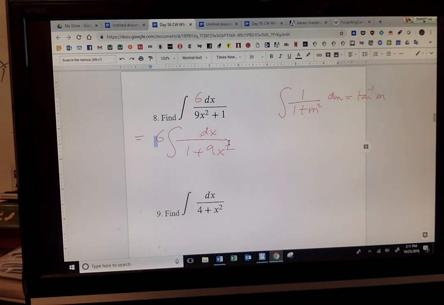Now I'm going to say something profound. I'm speaking so little on the board. If I compare this guy with the formula, nobody speaks, so raise your hand when you figure it out. It's not a trick question, it's a simple question. If I'm comparing this guy with that guy, what's monkey? I didn't say what's monkey squared, I said what's monkey? Say that loudly. 3x. Does everybody write why 3x? Because 3x squared will give you the 9x squared I need. If monkey squared is 9x squared, is monkey basically 3x?